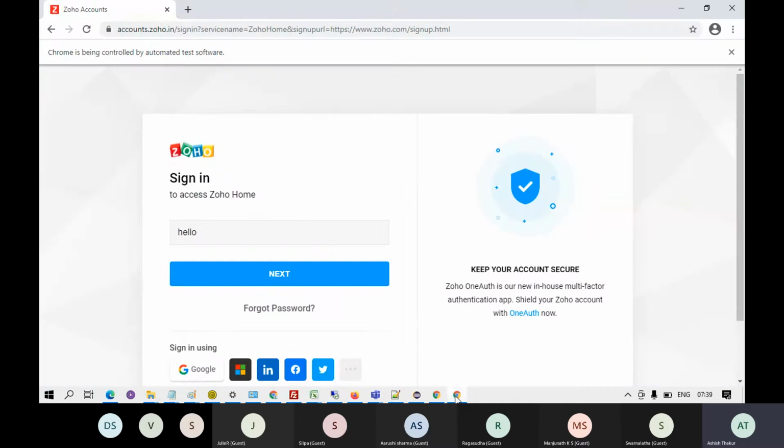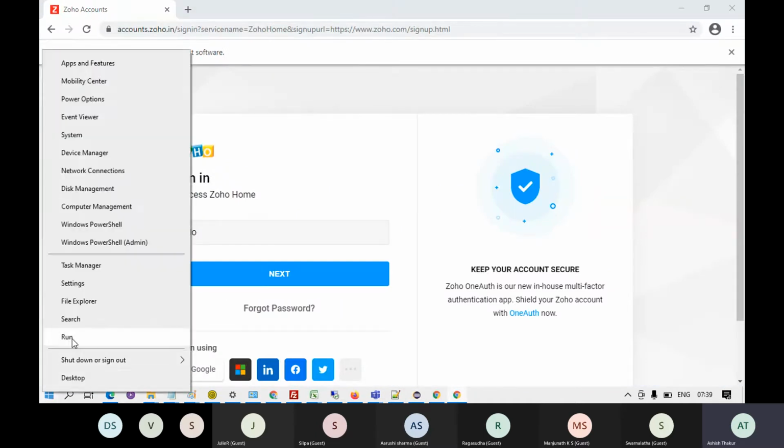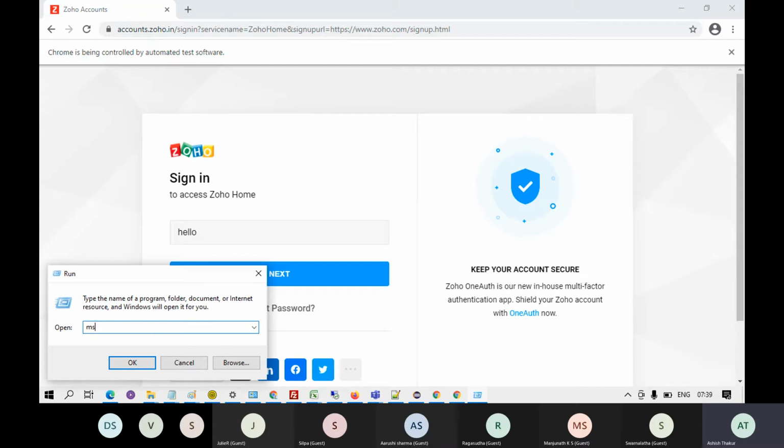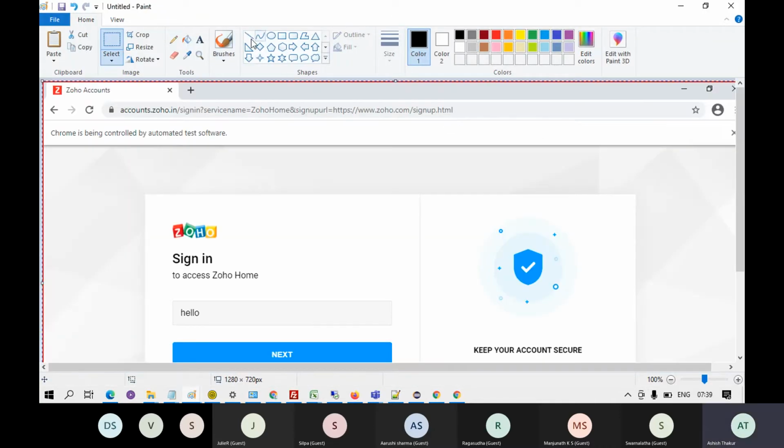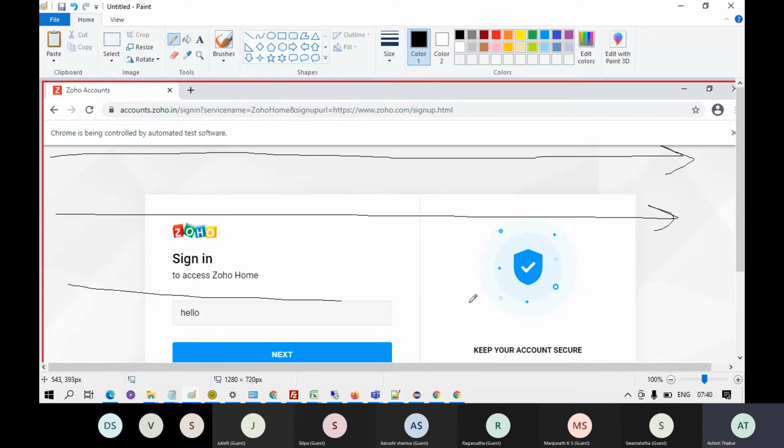This is the web page. When it is scanned by Selenium, when Selenium goes and scans the web page, it moves from left to right side and goes at the bottom.